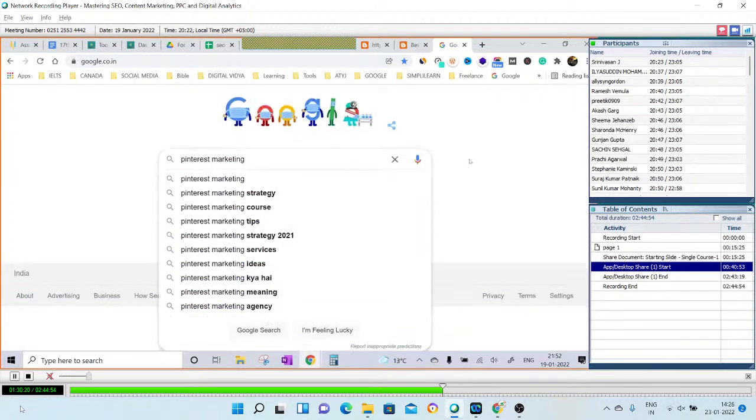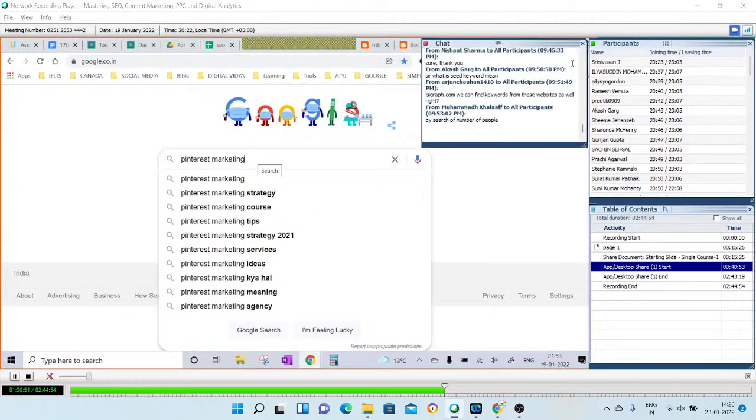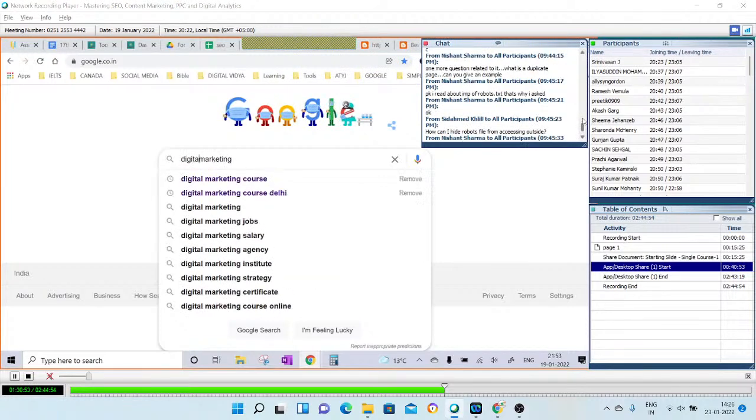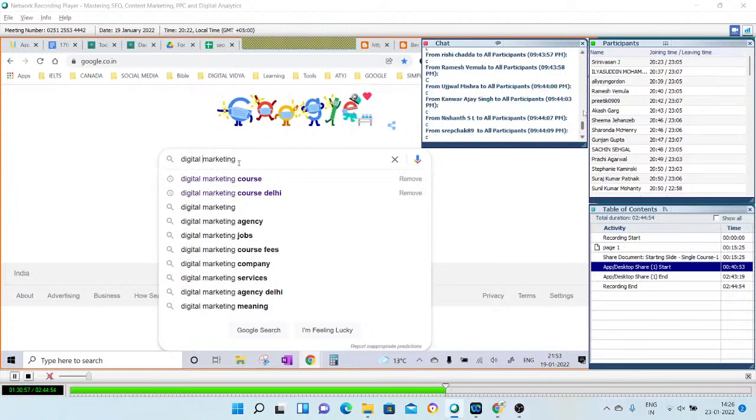There must be a reason that these keywords are coming. Do you see anything coming up without making any sense, without any relevance? These keywords, when they come to me, have two or three things behind them from the keyword research point of view, or from the searches point of view at the back end. The very first thing is the number of searches, the trending, or the location. Just for example, I'm changing one keyword. If I make it digital marketing, can you see that in my case it is showing more of Delhi.